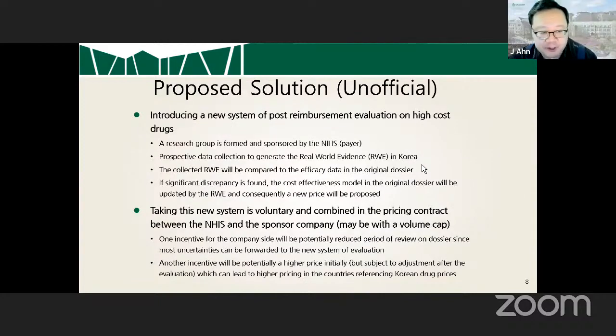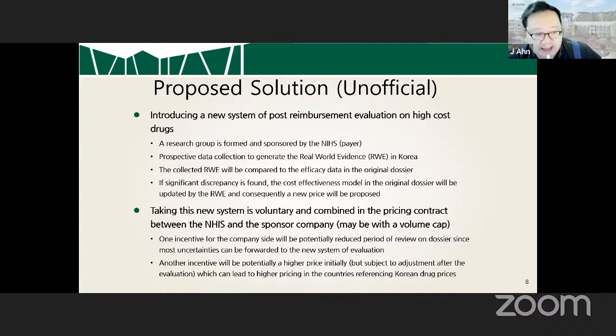So this is unofficial, so nobody is taking it yet, but it was suggested to our payer as a research report. It introduces a new system of post-reimbursement evaluation on these high-cost or high-budget-impact drugs. When they contract with the company side, they prepare research at that time, so they sign on proposed research of the post-reimbursement